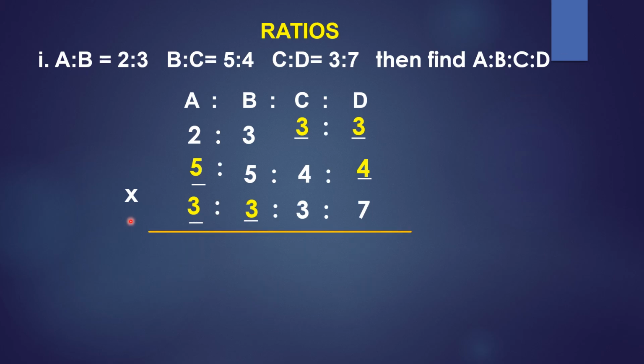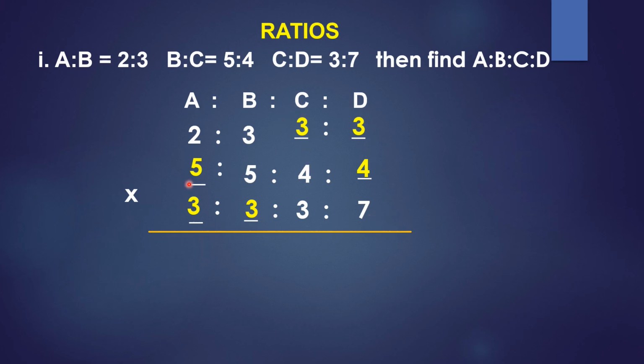The same example what we have seen before, easily without multiplying and writing also you can write the final answer. How? You observe here: 2 5 3, 3 5 3, 3 4 3, 3 4 7 under D. You find out the common number which is there, like in A there is 3. The same is repeated under B also. 3 is repeated under C also. 3 is repeated under D also.